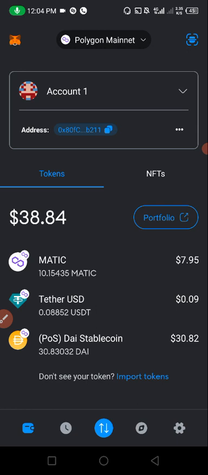So the first thing I'll be showing you is how to log in to your account again. When you open your MetaMask wallet, you click on this button down here. Click on this button I circled down here. If you click on it,